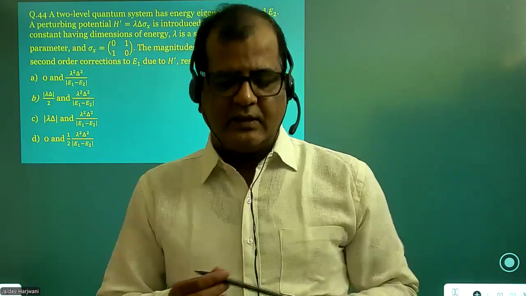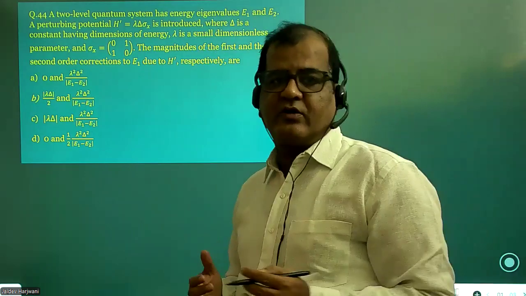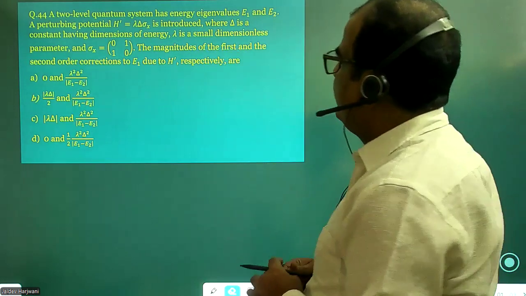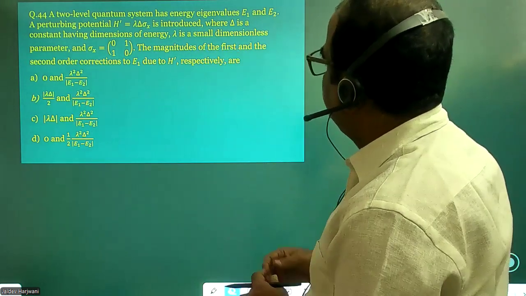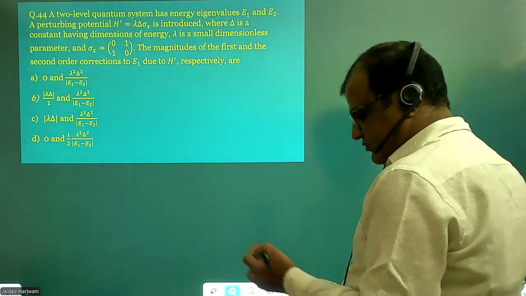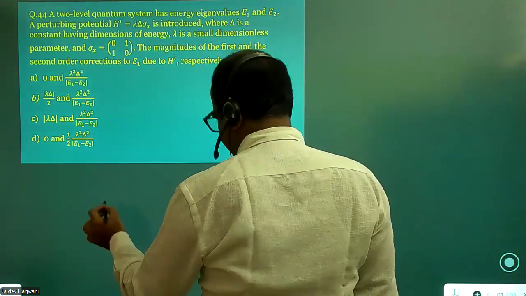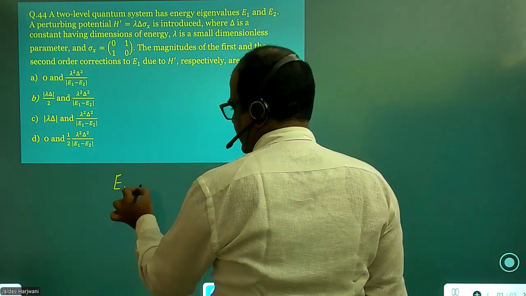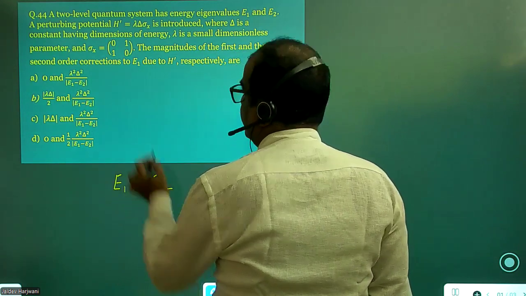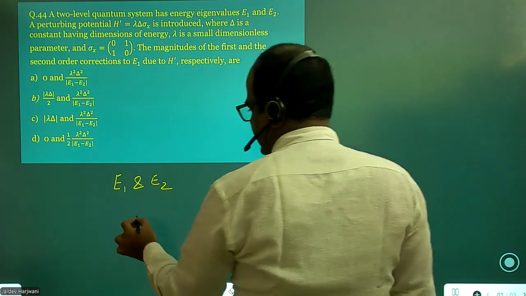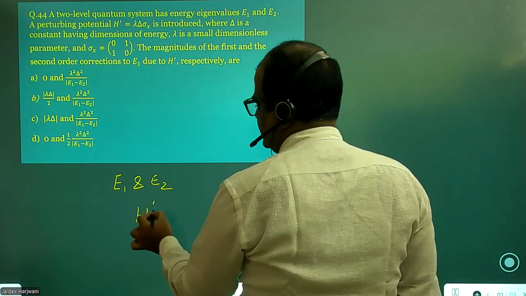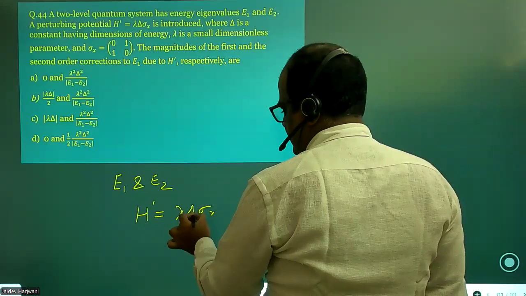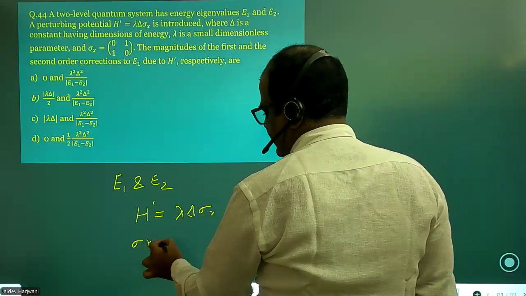Hello students, let us solve some more questions from the GATE 2025 question paper. This is question number 44. It says you have been given a quantum system which has two energy levels, E1 and E2, and the perturbed Hamiltonian is given by H' = λσx, where σx is the spin matrix